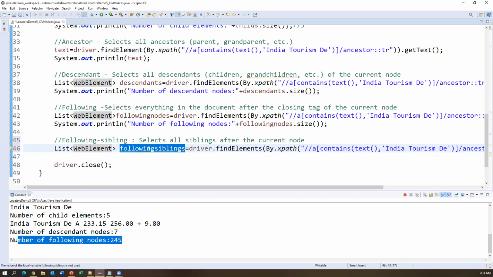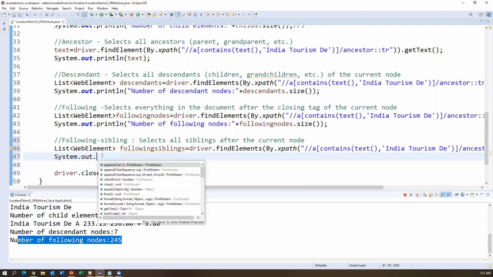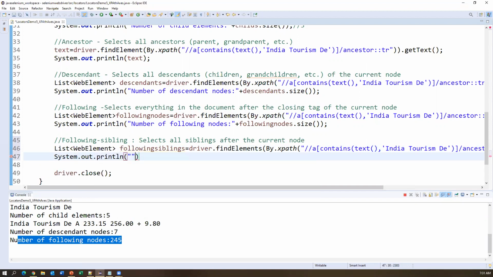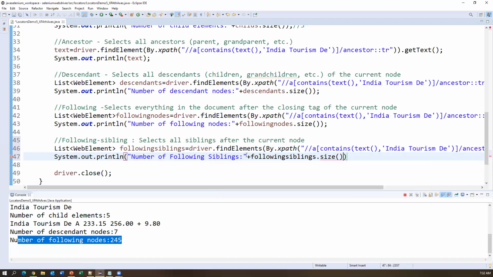Now I can just find out how many are there. So here I'll write a print statement: System dot out dot println, following siblings, number of following siblings dot size. This will give you how many web elements I have stored in this variable, and then semicolon.